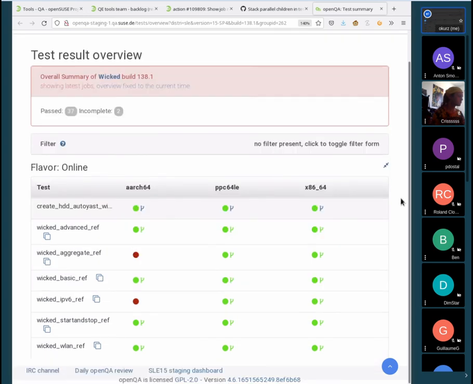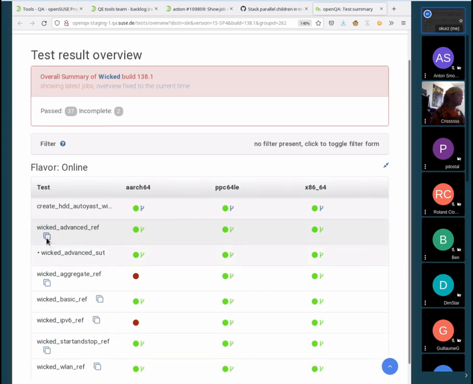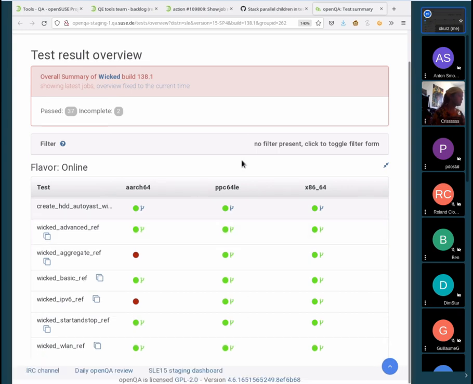One of the next steps would be to consider whether we want to go with this page as a default. If we do, then we should ensure that it's visible here that failed is more important to show than passed, so that we would somehow show in this row that there's something wrong in one of the parallel or child jobs.